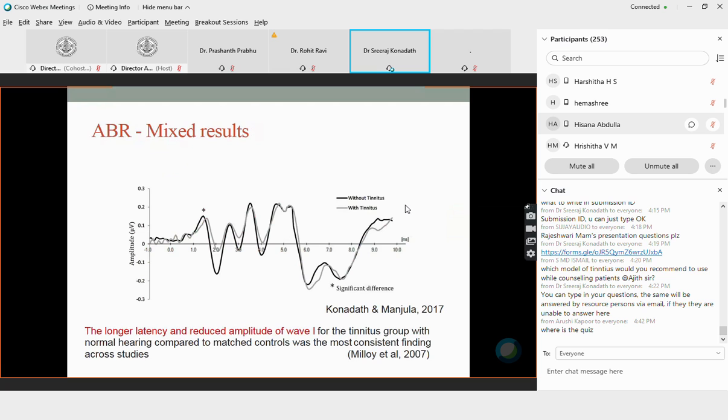Now, do you have to go for ABR? ABR is an indication, yes, if you have speech identification scores that are poorer, if you have vertigo, if you have dizziness and all those symptoms, it is always good to go for ABR testing for site of lesion purpose, not for any other purpose, not for finding out the threshold. You can go for ABR if you need to find out the site of lesion.